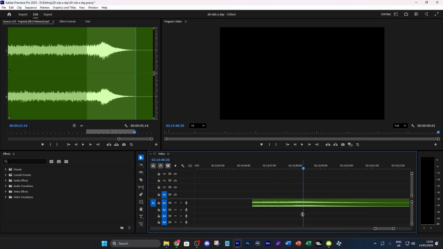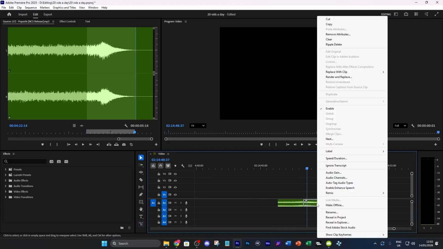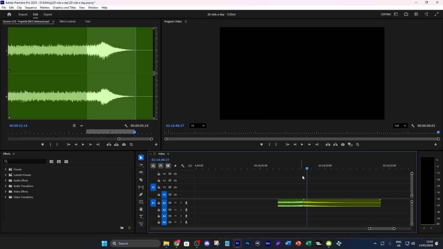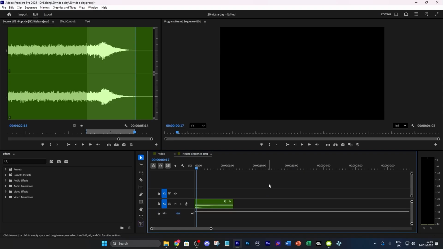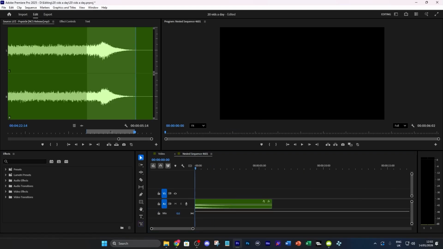What I want to do is split the track wherever I want the echo to start. Then right click and then nest the separate music track you have. Then go within the nest itself. Now, once I'm inside the nest, I want to go over to my project panel, right click, and then go